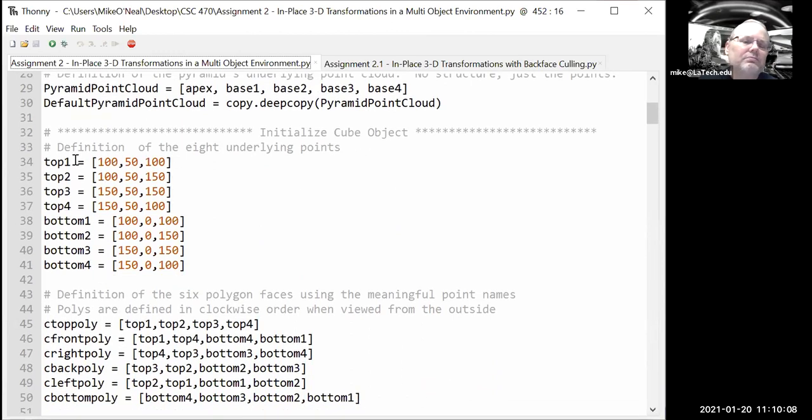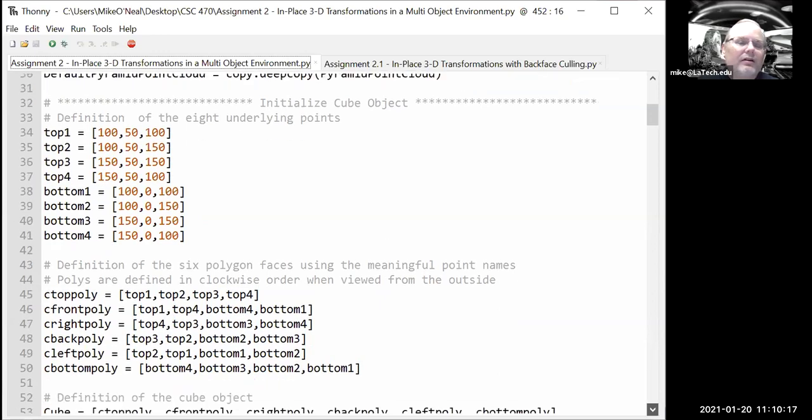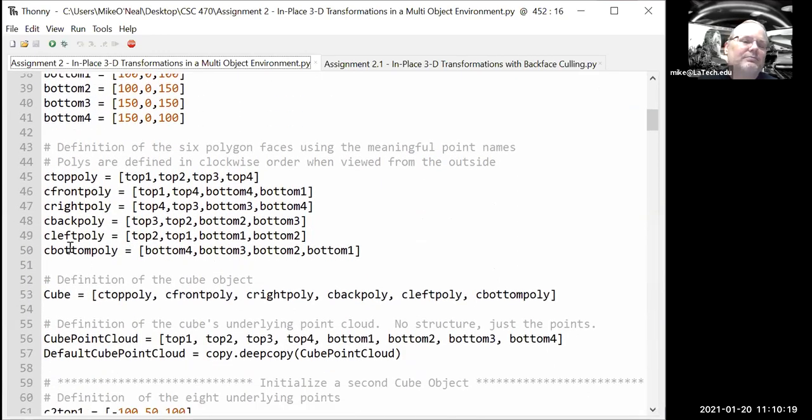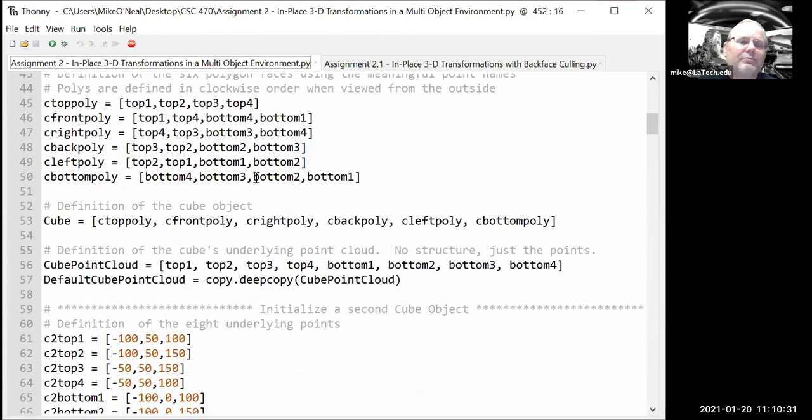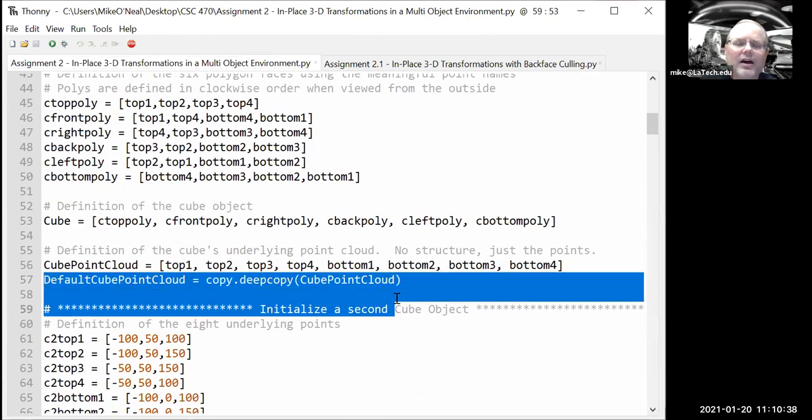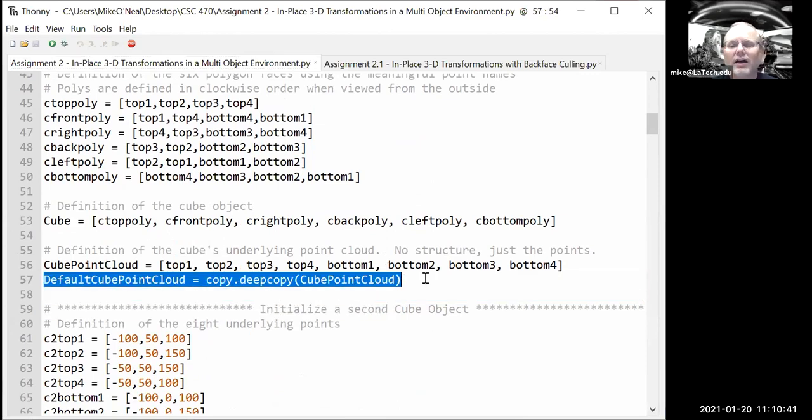Also, I define a cube. It's got 8 points, 4 points on the top, 4 points on the bottom. And then it's got some polygons. It's got a top poly, a front, right, back, left, and bottom poly. So the cube is this collection of polygons. The cube point cloud is, of course, all of the 8 points, the 4 points for the top, the 4 points for the bottom. And here's something that would have made a lot of your lives a lot easier